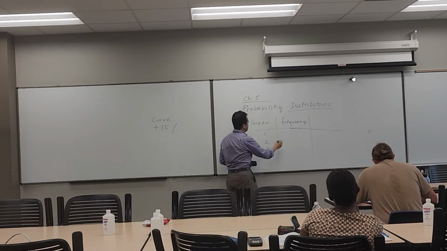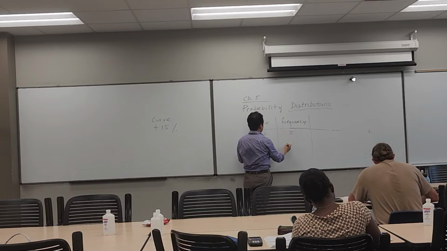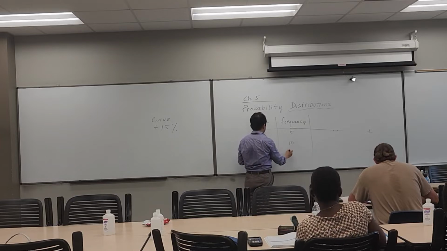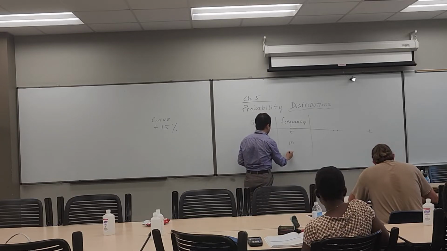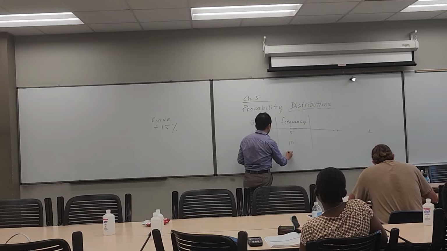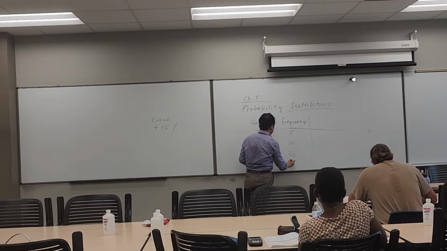So let's say the number 1 occurs 5 times, number 2 occurs 10 times, number 3 occurs 20 times, 50 times, and